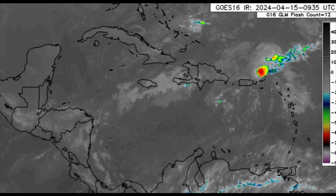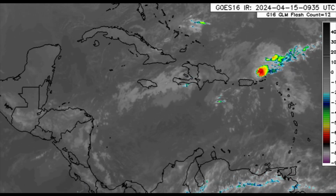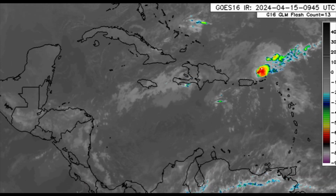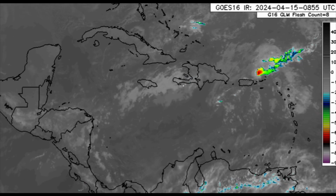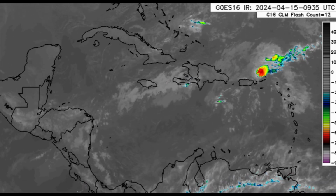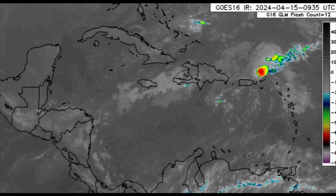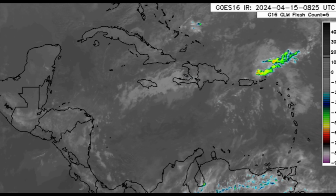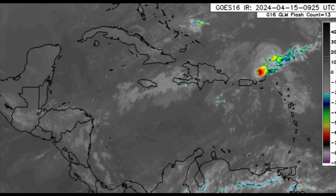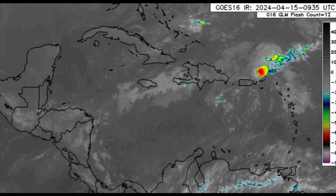But that is pretty much what I wanted to share with you in this update. And also, we're going to continue to see this sort of increase in rain. Models pretty much show that the Eastern Caribbean could be active as they're going to be heading through the next half of April, which is from tomorrow onwards. So we could definitely see more activity in the Eastern Caribbean as we head through the rest of the month and even towards May. Overall, for the Caribbean region, there is likely to be that increase in rainfall in May